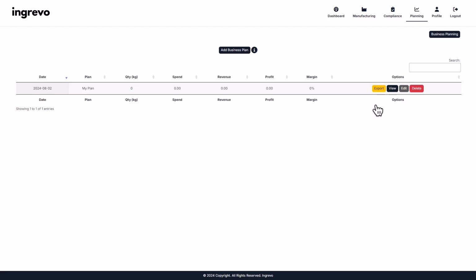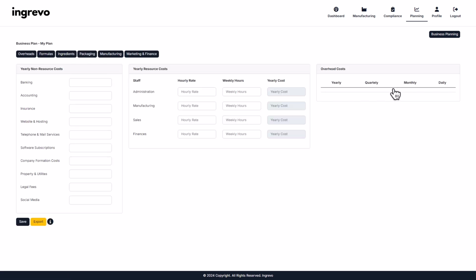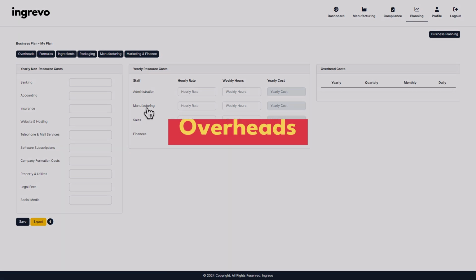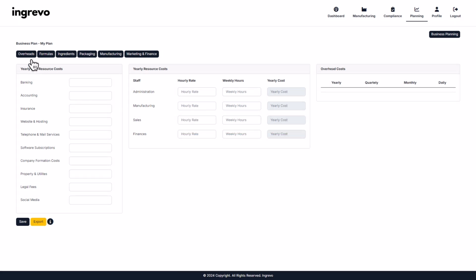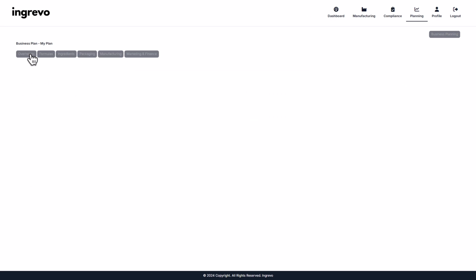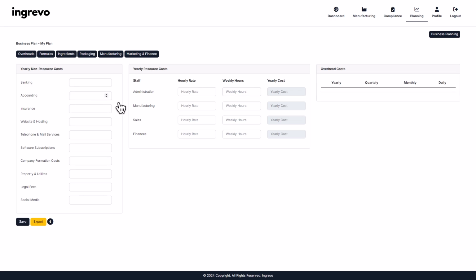To begin creating a business plan, click View. This opens the Business Planning module on the Overheads tab. All of the tabs are optional, but the more information that is provided, the more accurate your business plan will be. Overheads. The Overheads tab is where you calculate your business overhead costs and is divided into 3 sections: yearly